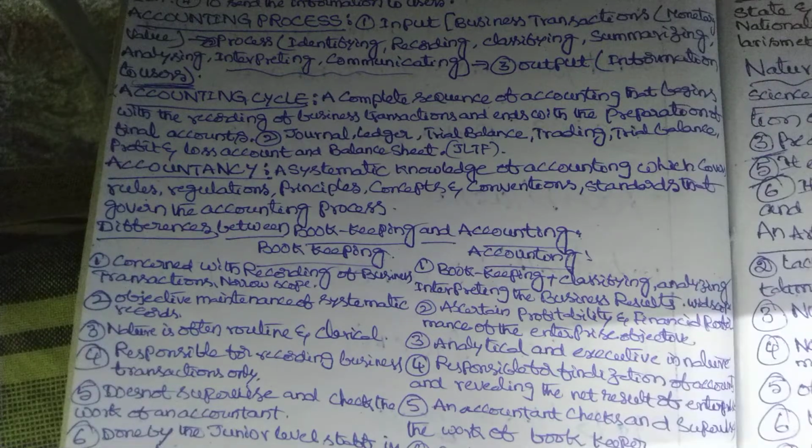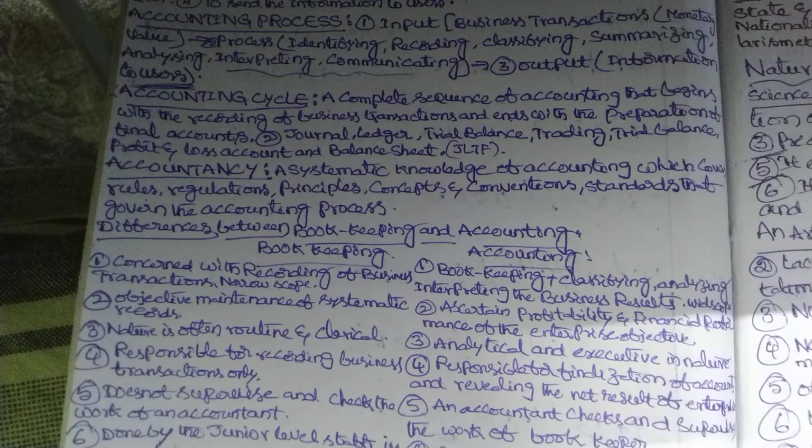Accounting process includes input, process, and after analyzing, we have to interpret. Interpretation is important, and communicating, and the output. It is nothing but giving information to the users. In the same way, let us know about the accounting cycle,